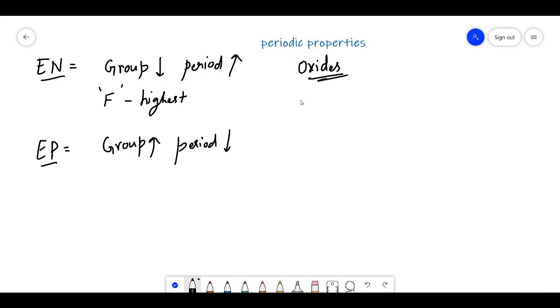So when coming to oxides, we have three types of oxides: acidic, basic, and amphoteric. And one more is neutral. We'll discuss that later on. So here we discuss acidic, basic, and amphoteric. If you take any one particular period, I am taking the third period. I'm taking oxides of the third period. Sodium will form the oxide Na2O, magnesium forms MgO, aluminium forms Al2O3, silicon will form SiO2, and phosphorus will form